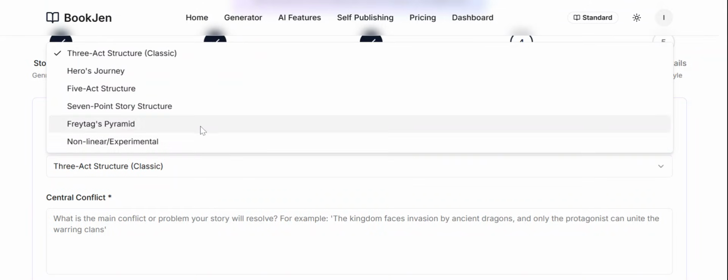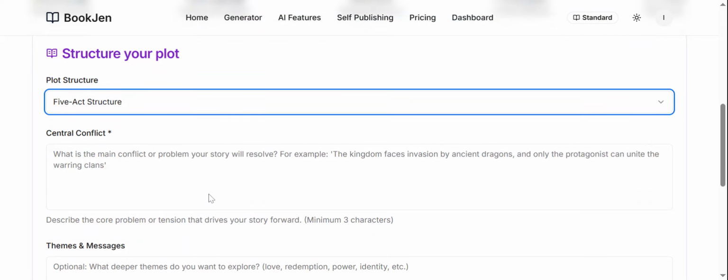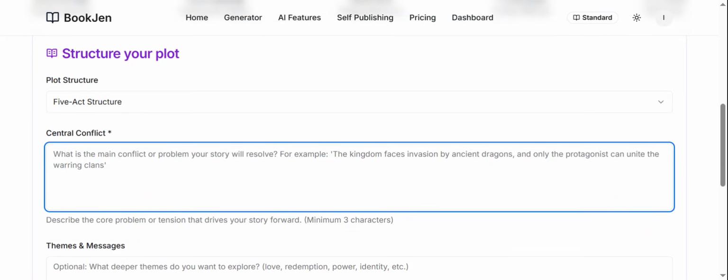And then what's great about this is you've actually got a number of different plot structures. Let's just go for a 5-act structure. And then what's the central conflict? So, for example, what is the main story trying to solve? Or what's the main conflict? And we've given the example that the kingdom faces invasion by ancient dragons, and only the protagonist can unite the warring clans. And here, I think the central conflict or the problem could be that